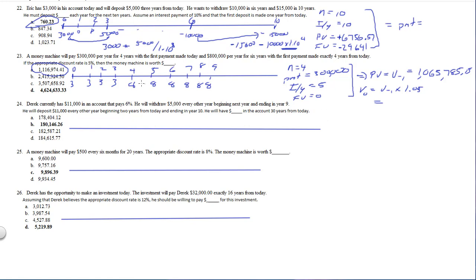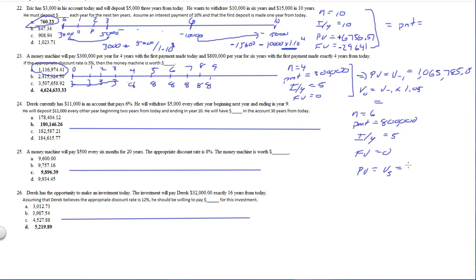And then the next one, I want to take these 8. So now these are gone. Take these 8. So N is equal to these 8. These $800,000 payments. There are 6 of them. Payment is 800,000. Interest rate still 5%. Future value is 0. The present value is the value at year 3. And that value at year 3